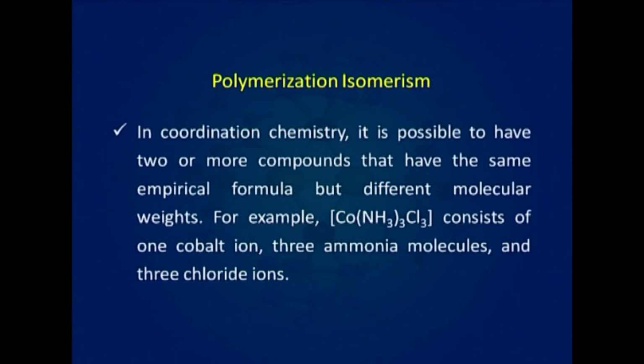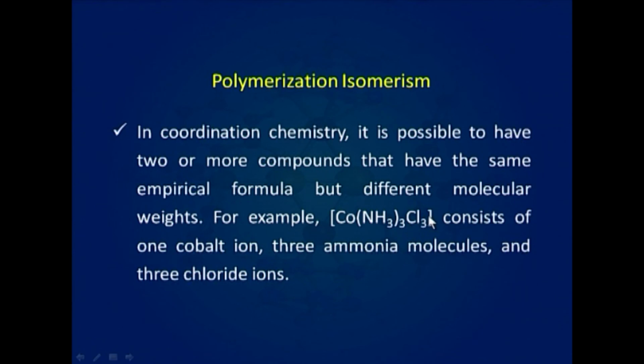However, the name polymerization isomerism is applied rather loosely to cases where the same stoichiometry is retained, but where the molecular arrangements are different. In coordination chemistry, it is possible to have 2 or more compounds that have the same empirical formula but different molecular weights. For example,